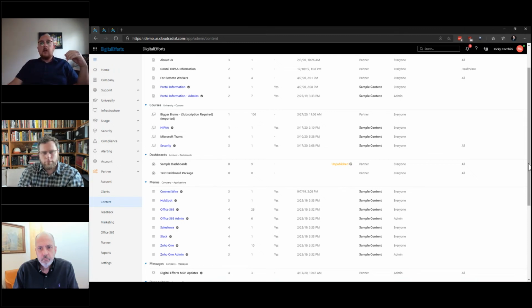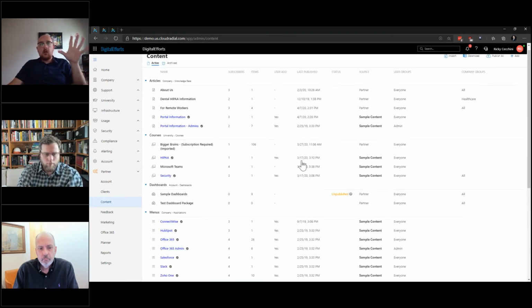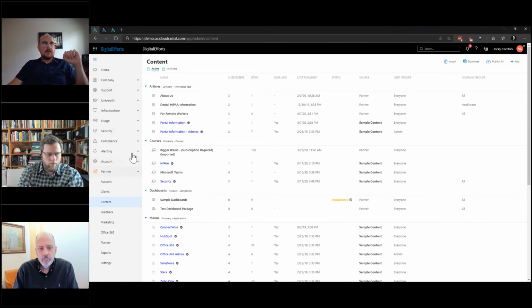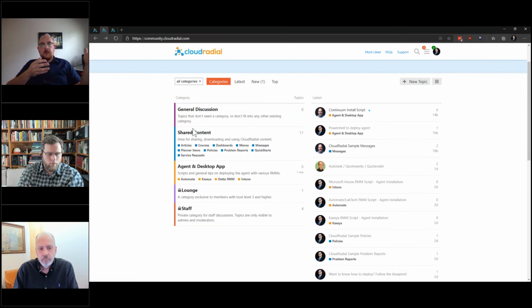Junk in, junk out. The community kind of mitigates a lot of that stuff. So if we jump back here, this is the area where you can control all the stuff, and the feature sets are on the left-hand side here. There's an area for sharing content, right? So if you're feeling particularly charitable, or if you just want to lurk and steal stuff, which is what I do,